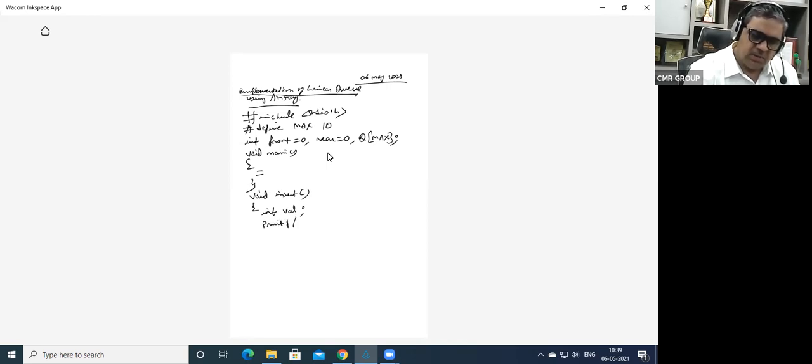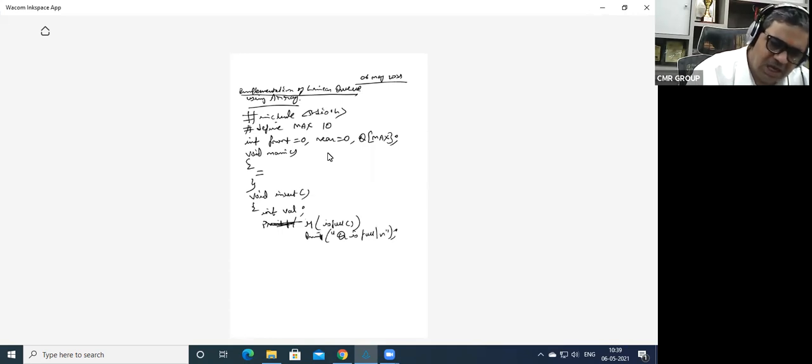So first let us check: the insertion is possible only when the queue is not full, right? So if is full, then printf queue is full. Else printf enter value,